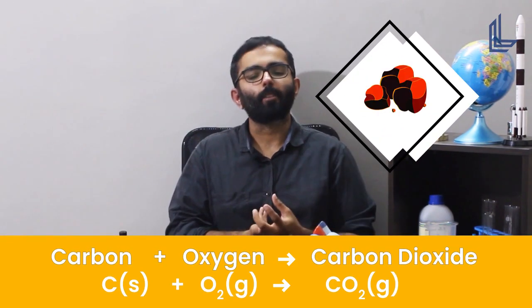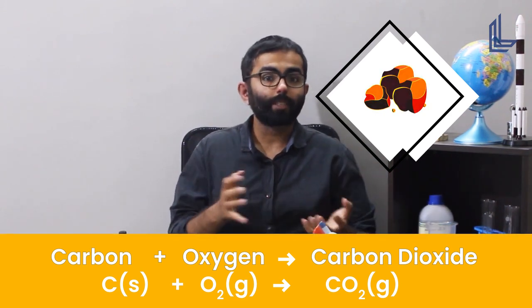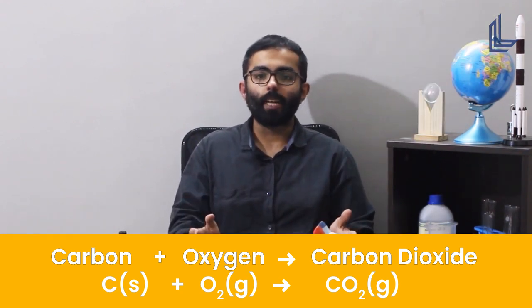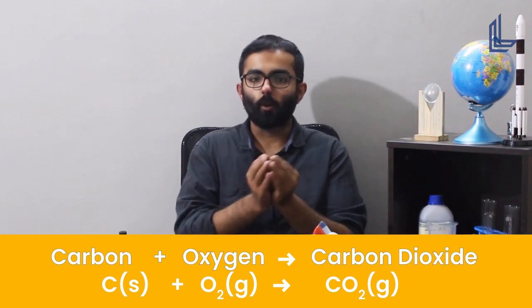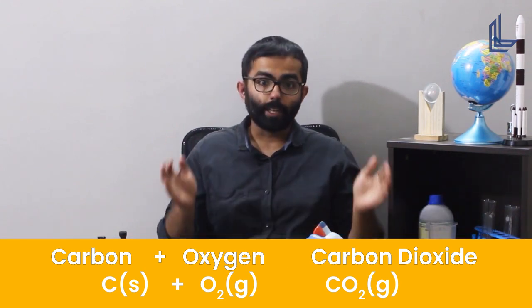Now, let us just take another example. I'm sure you've seen burning of coal, right? Now, what do you think coal is made up of? Coal is made up of nothing but carbon. When coal is burnt in the presence of oxygen in the atmosphere, what is released is carbon dioxide. So, this reaction can be simply represented as C, that is carbon, plus oxygen, O2, will give us CO2, that is carbon dioxide. Again, as you can see, in this reaction, 2 elements, that is carbon and oxygen, react with each other to give us one product, that is carbon dioxide.